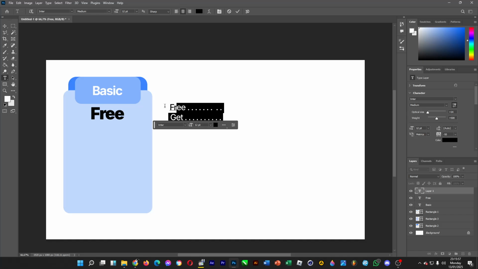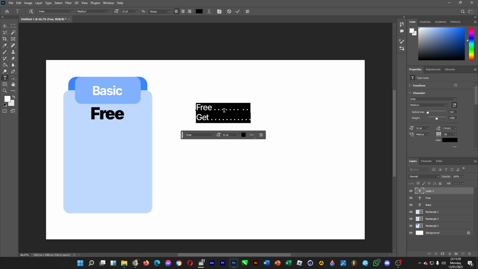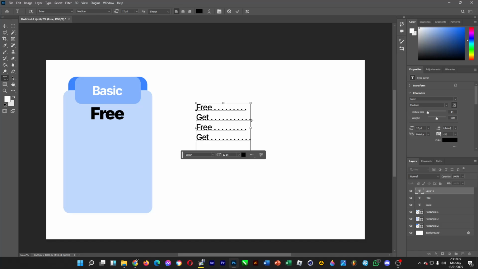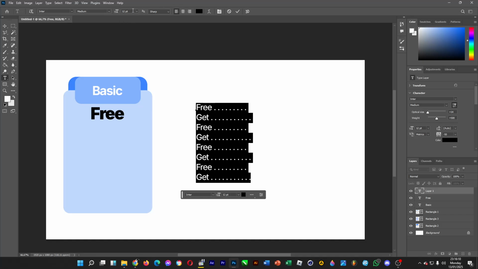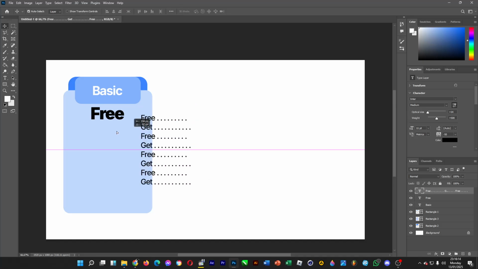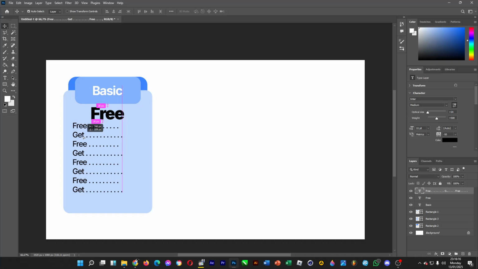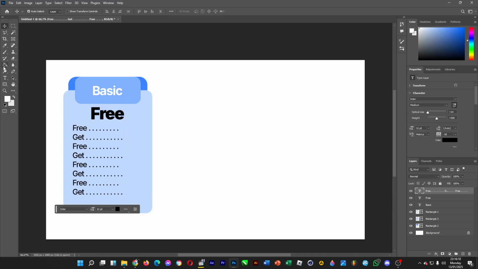Make sure that the alignment is set to left, just like so. Then you can copy and paste it several times. Okay, just like this. And then you want to reduce the font size again. Then you place it here, and then let's create a